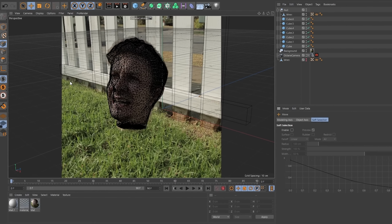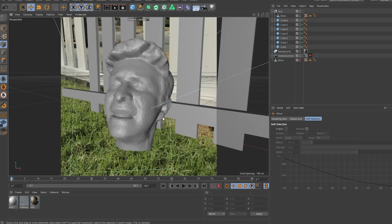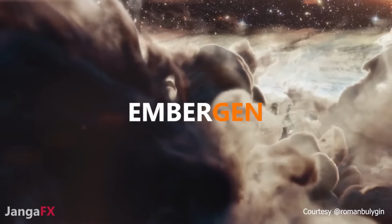So, okay, I now know how to use EmberGen, but first I have to take this shot into Cinema 4D so that I can build out the scene, add some geometry like my head and the fence, and then I'll bring that into EmberGen where I will simulate some smoke. And exactly what I will be simulating, I have yet to figure out, so...